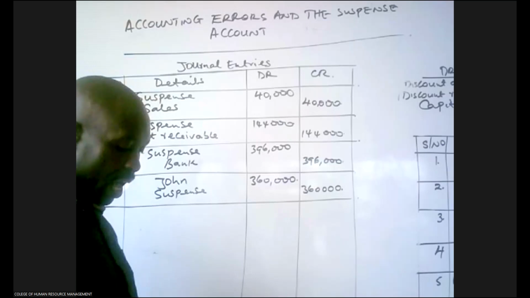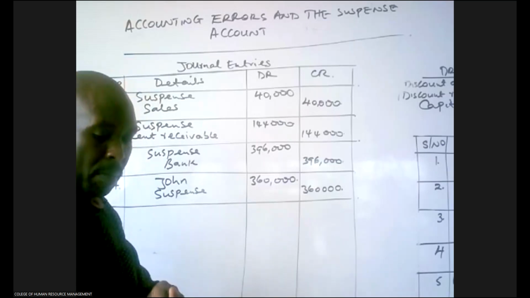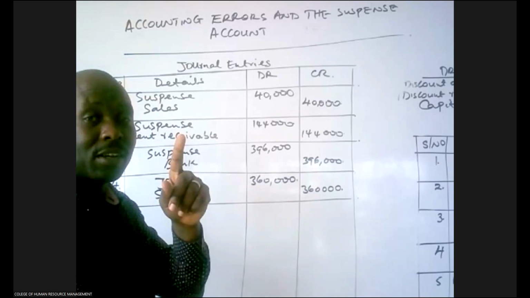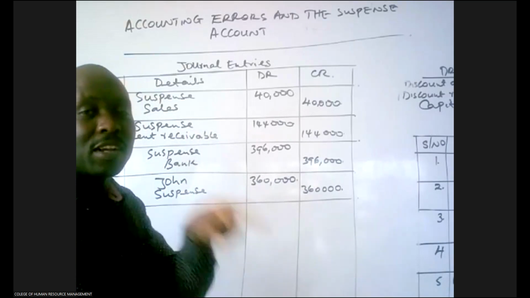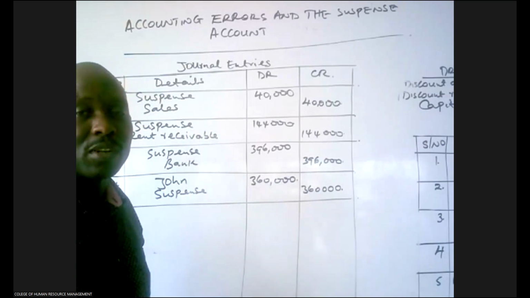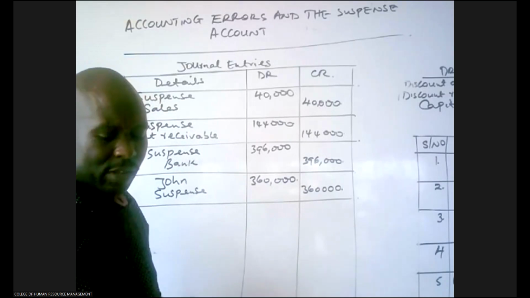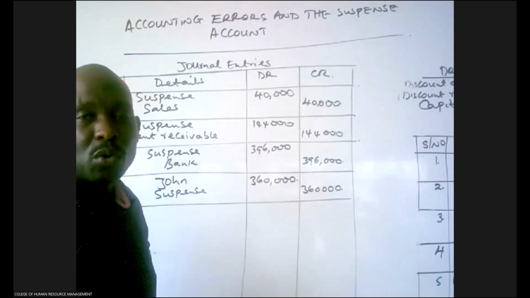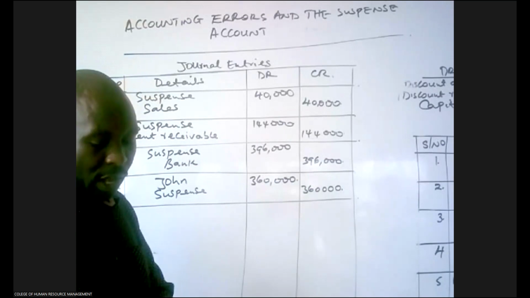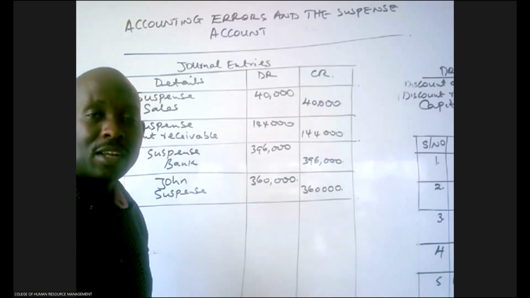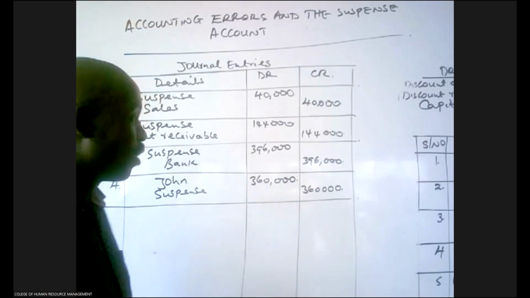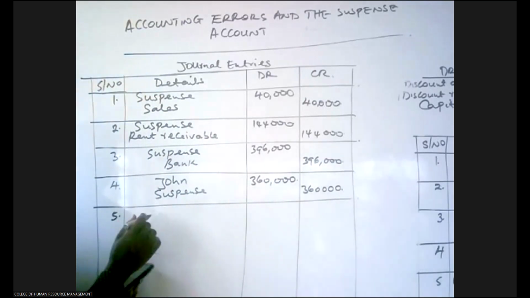Number 5, return outwards. Those are known as the purchases returns, and they should be credited. Purchases returns are credited in the purchases returns account. Sales returns are debited in the sales returns account, or return inwards. So once you know they are returns outwards, just know they were supposed to be credited. It was understated by 48,000. When you understate an account, if it was credited, you credit again. So we shall credit return outwards